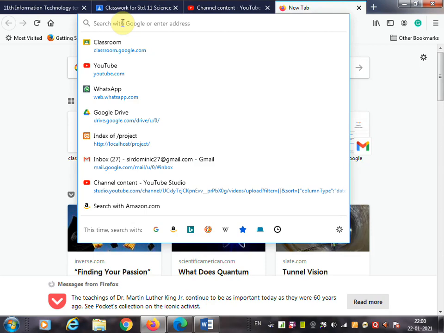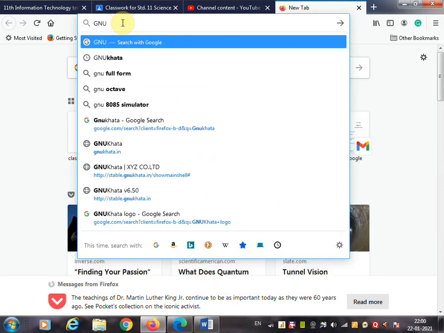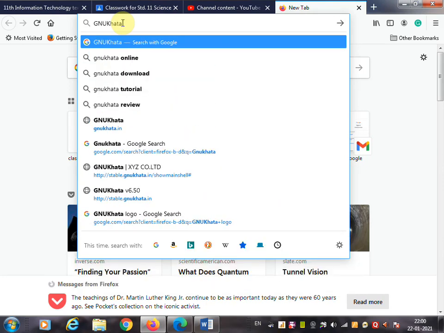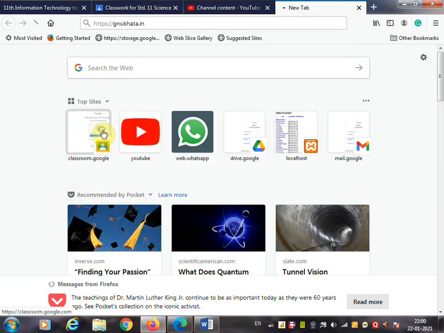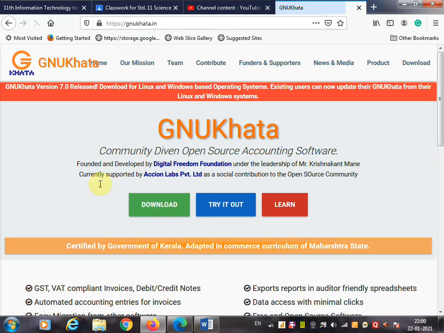You have to open the browser and type GNU Khata.in. Once you type www.gnukhata.in, it will show you the GNU Khata website. Once it is open, you have to click on try it out, or you can directly download and install on your computer. Once it is installed, you can use GNU Khata as an offline accounting software.